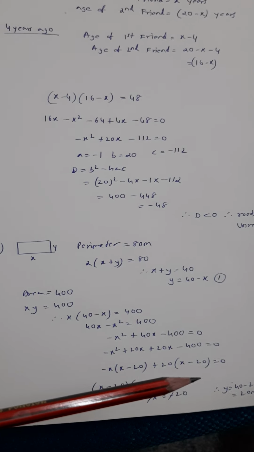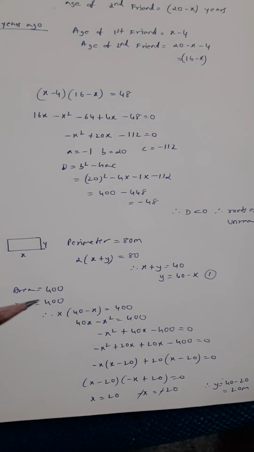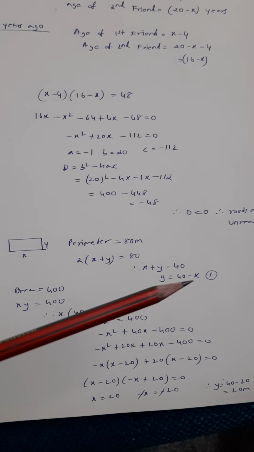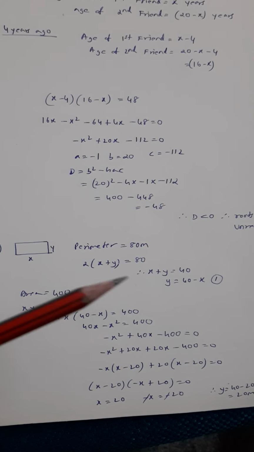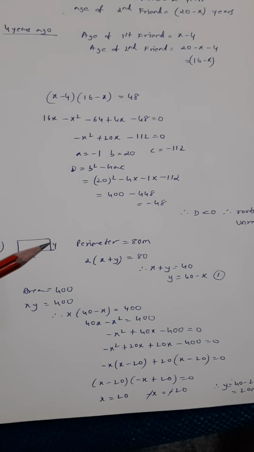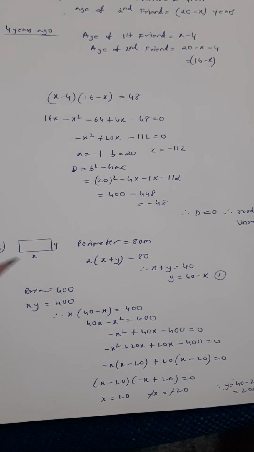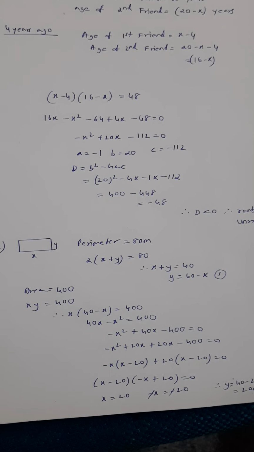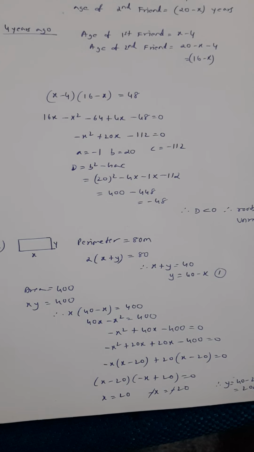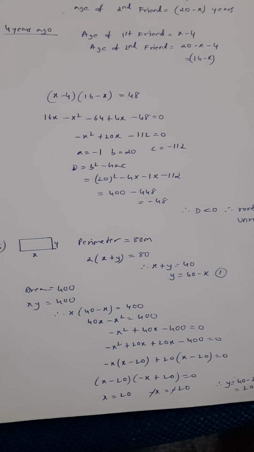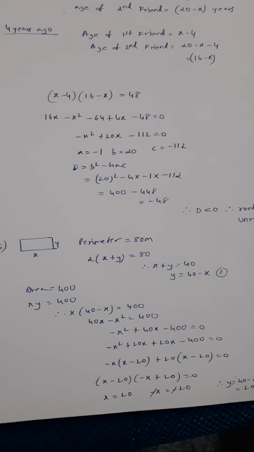Now once you get x, what is the value of y? The y value we have got as 40 minus x. So 40 minus 20 will also be 20. That means x is 20, y is also 20. So the situation is possible, right? It's actually a square. And please remember, a square is also a rectangle. So don't worry that all sides are equal. You will not say that the rectangle is not possible. It is possible because this is coming as a square and a square is a rectangle. A rectangle is not necessarily a square, but a square is a rectangle.